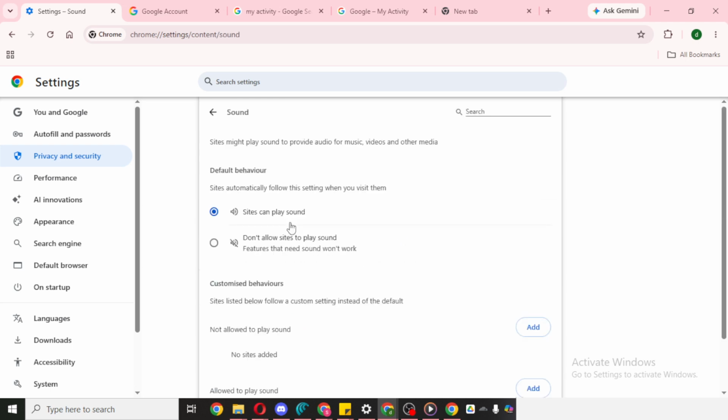Here, find the sound setting and make sure the option that allows sites to play sound is selected. If this option is enabled, Chrome will let websites play audio normally. If it was set to block sound, that would explain why videos, music, or other media were not playing any audio in your browser. Once you confirm that sites can play sound, go back to the website that wasn't working